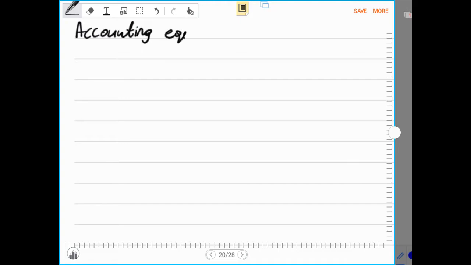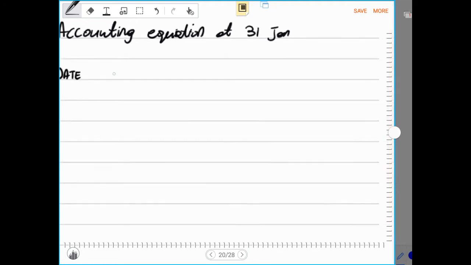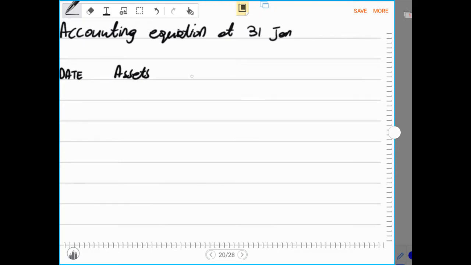This is the very important equation to take into account. Accounting equation, and this accounting equation is at the 31st of January. And we have to have the columns, which is the date. Then after we have our assets, and our assets will be equal to our liabilities